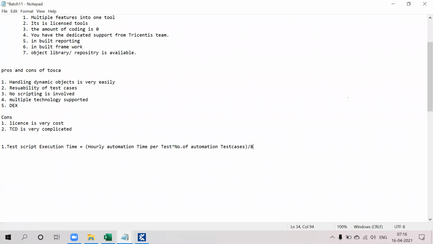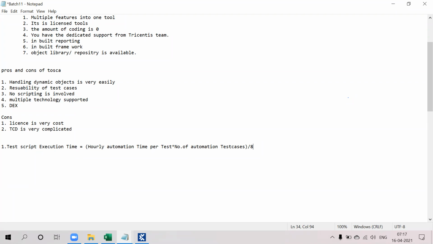So here there are two cases. You will get the test cases from the manual team, so you will be identifying those test scenarios which we are going to automate. Else you can write some from scratch. That depends on the project, and how the team is formed in your current organization. So that depends on that.